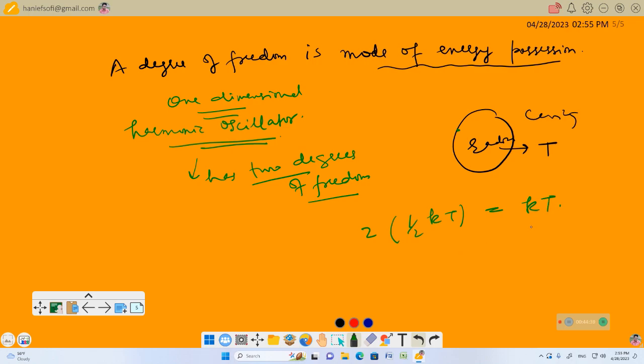Now, since it is in equilibrium with the radiation, with the standing waves in the cavity, therefore the average energy per standing wave must be kT. So this is the conclusion: average energy per standing wave